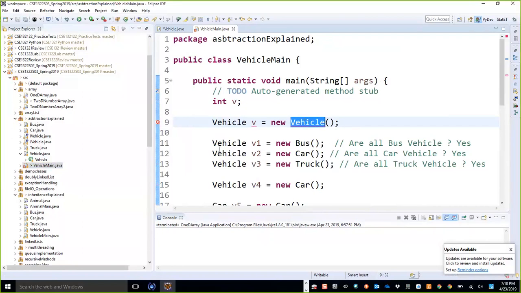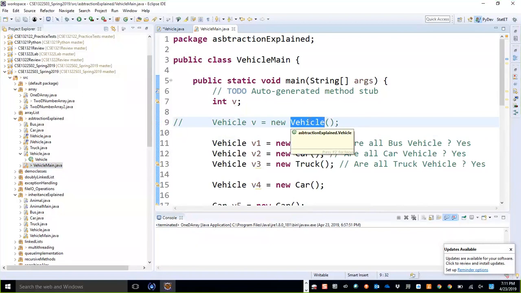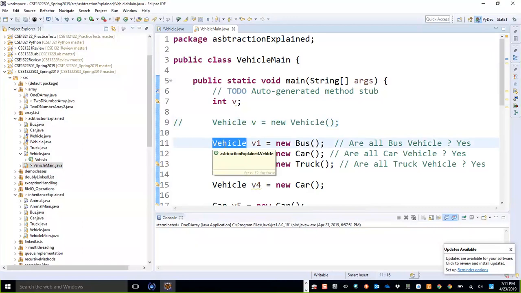So how can I create an object? The limitation is that you cannot create an object directly using an abstract class. In other words, we say that you cannot instantiate an object using an abstract class. For instance, this way. But still, you can have a vehicle. It has a type. An abstract class is a type over here. So, in order to create